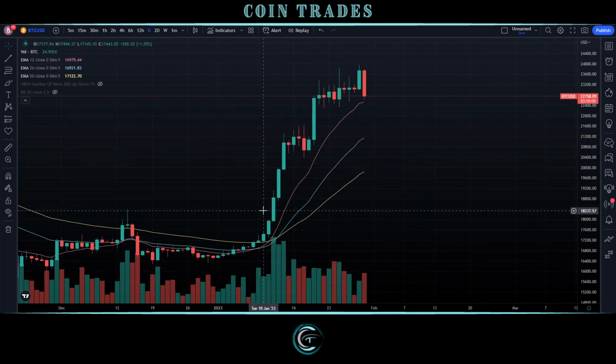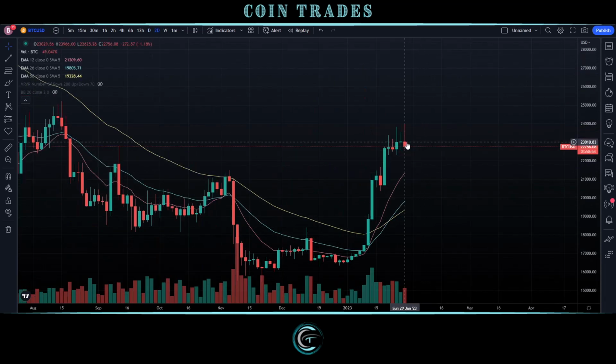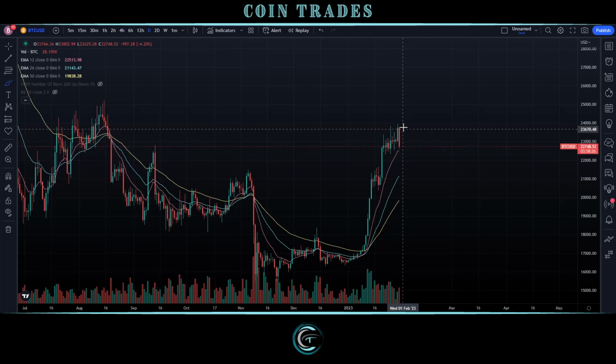A lot of the rest of the crypto space is breaking bearish out of rising wedges right now, though, so we do know that we are likely going to be seeing a little bit of a pullback over a sustained period of time. And it does seem extremely likely right now that the temporary trend top is going to be in for the time being until we roll over and set a higher low. A pullback and a retracement has been something that we've been needing to see here,